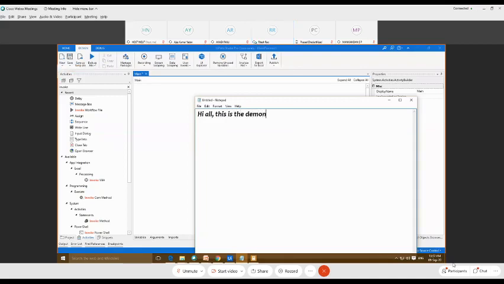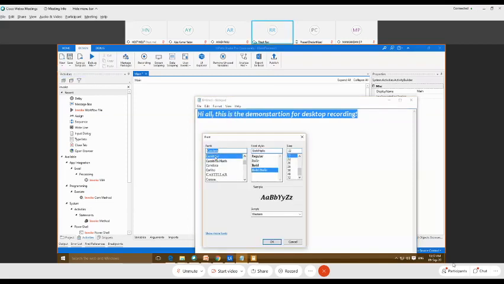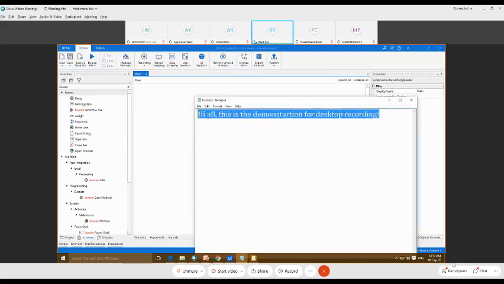Patient recording. Okay, so this is manual. I have typed this text. Now I'm going to click on this format, then font, then enter this Cambria regular, and 24. So you can see the font, everything has been changed. So the writing of the text and this calculation of the multiplication of two numbers, basically I have done manually.